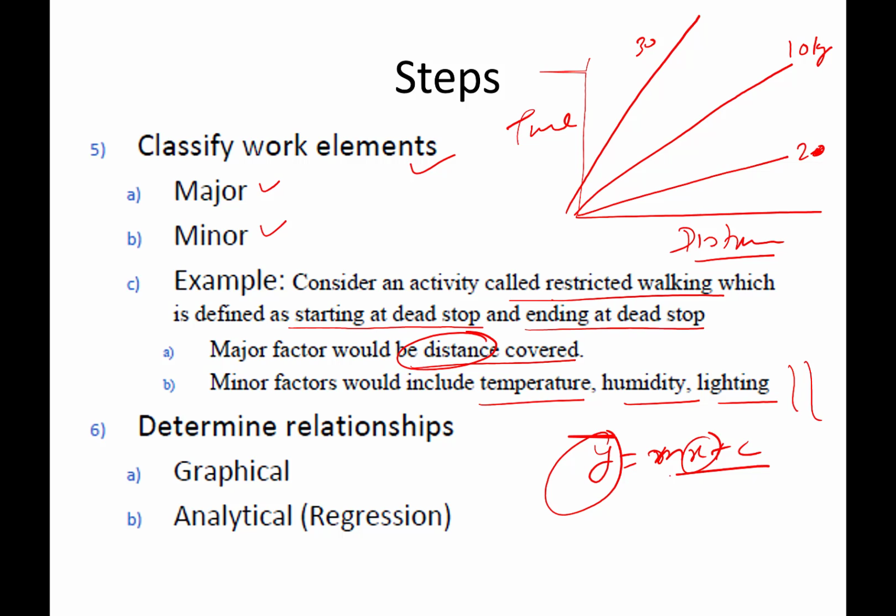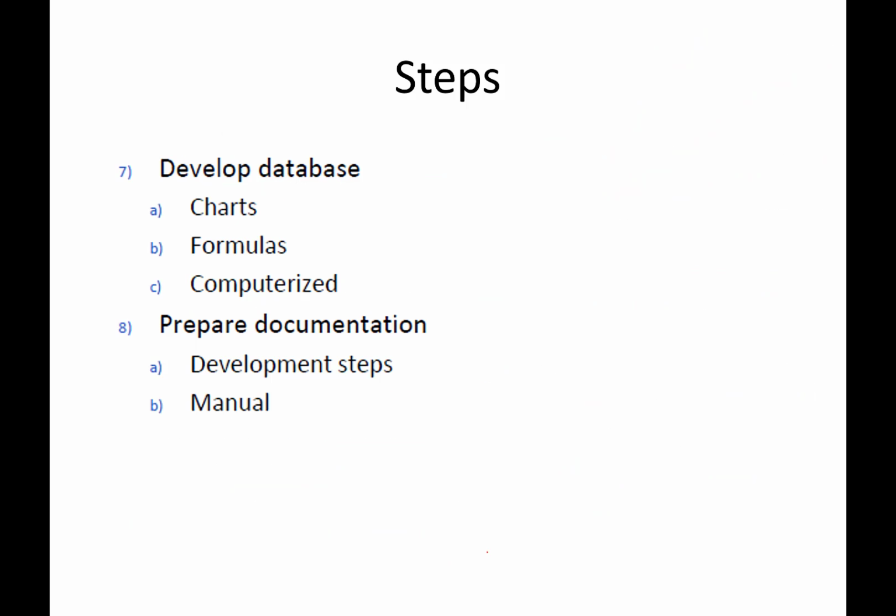So regression helps a lot. The graphical method and the analytical or regression method, these two are very extensively used in establishing the relationship between the time and the given major variable. So this is how it is done: develop the charts, develop formulas, and using Excel also you can do the